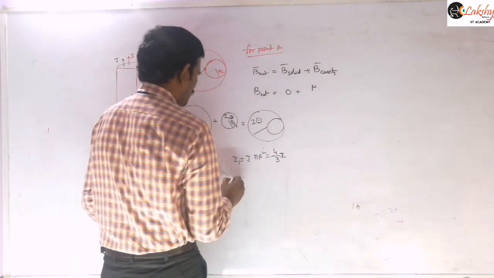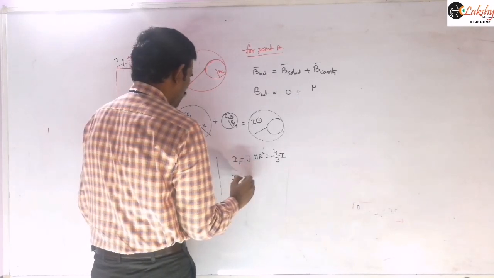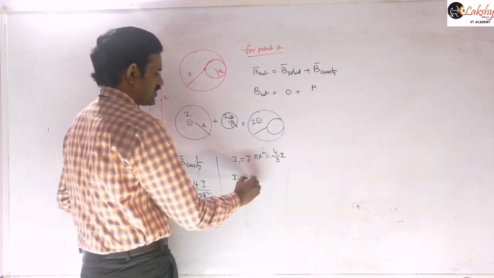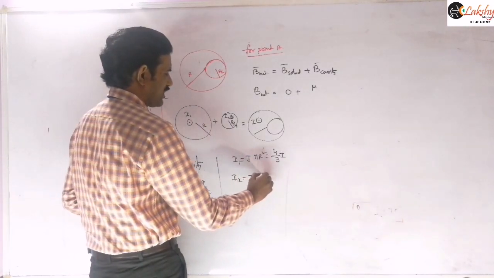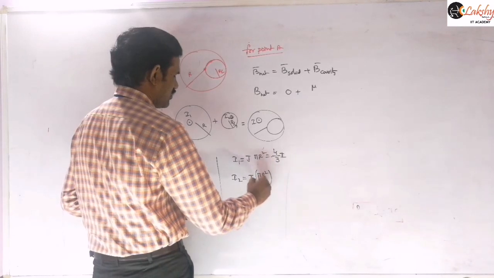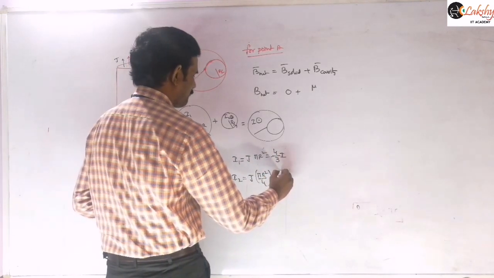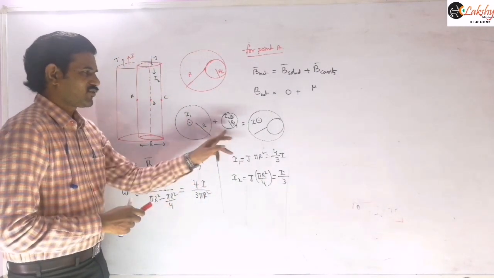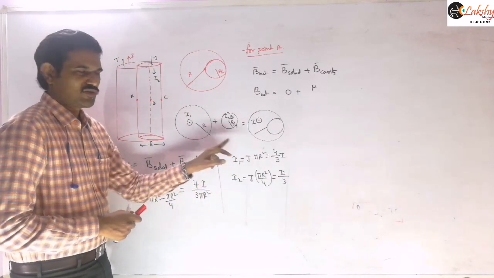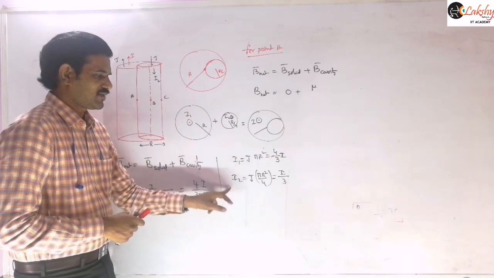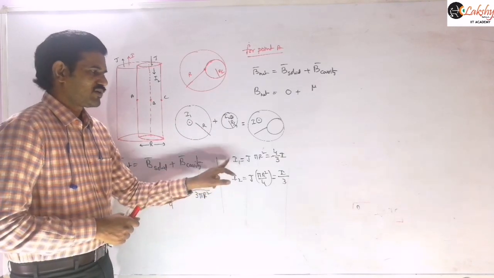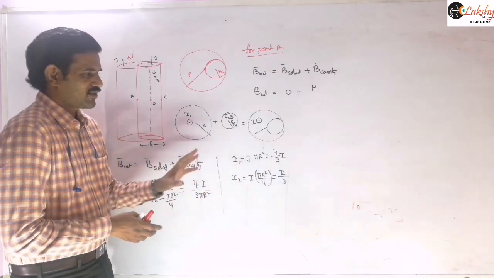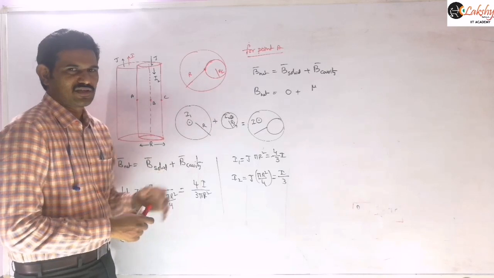4 by 3 I, you can write. Now this I2 value I am writing here. I2 means current flowing in this area. So that value we can write as J into pi r square by 4, which you can write as I by 3, right? Now net current is nothing but, you can observe that these two are in opposite directions. When you are combining them, then net current is nothing but I1 minus I2. So if we find this I1 minus I2 value, we will get I only, right? So that is our combination here. That is our assumption here.